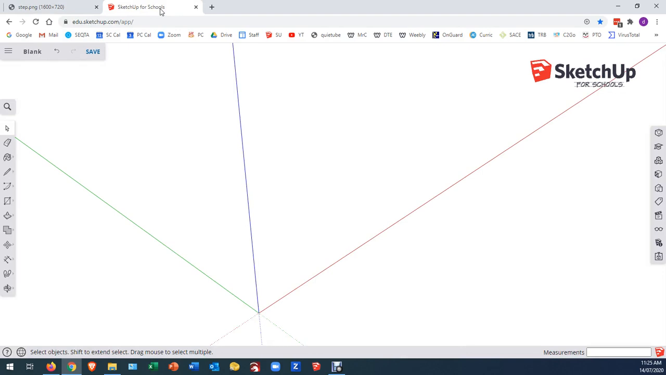Now, there are many ways of drawing this stepped block, and I will show some of them to you, but just about every one of them starts with a rectangle. So we start with the rectangle tool here, and we click on there. The shortcut is R. I'm going to click once on the origin, and then I'm going to drag my rectangle